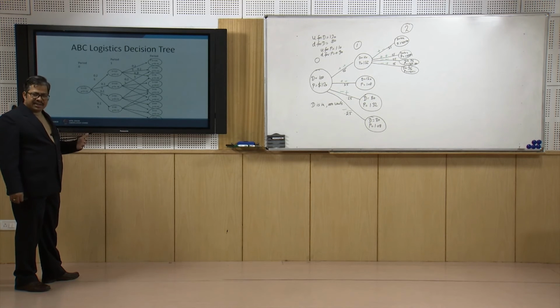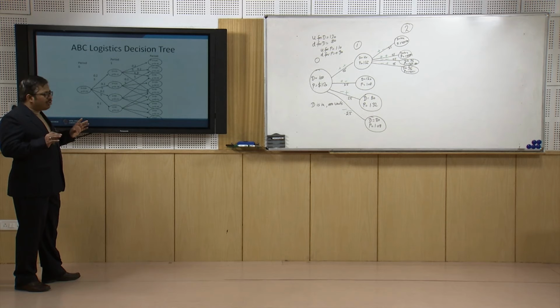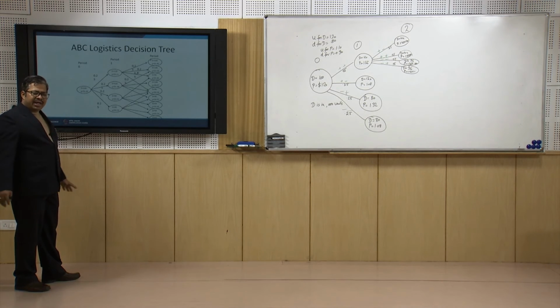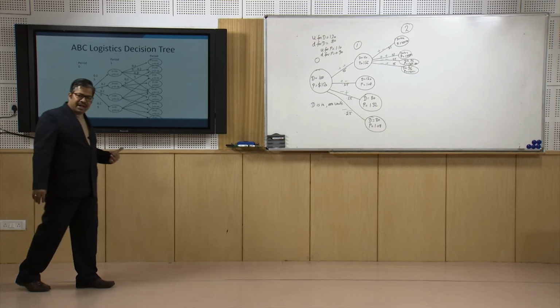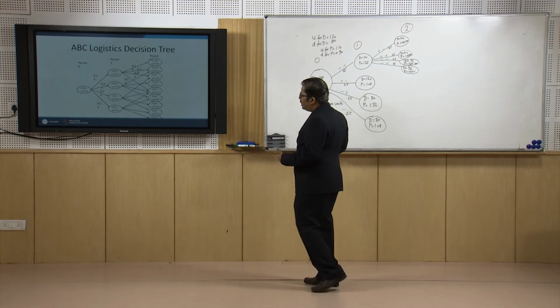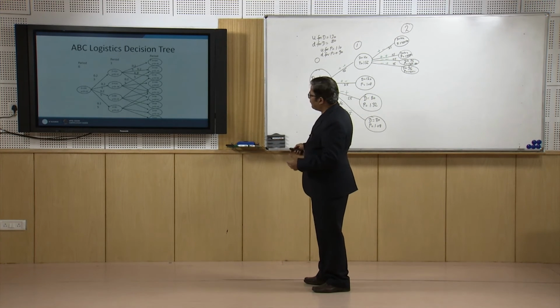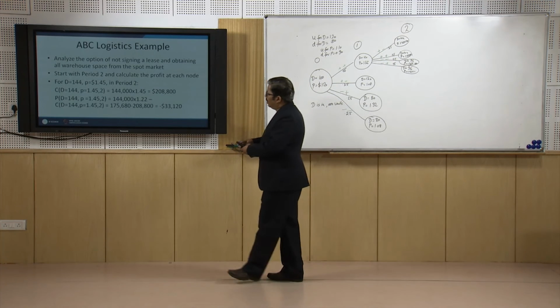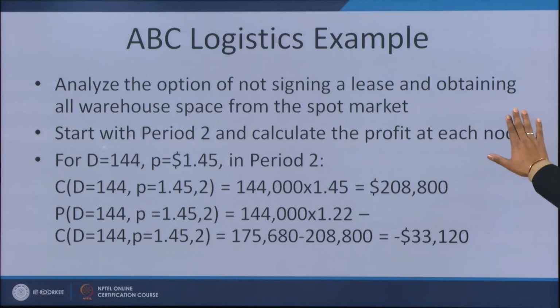But developing this decision tree is a very good visual representation of our entire state of affairs which may be there in the future. Now let us start discussion on the evaluation of the alternatives, that how are we going to evaluate these alternatives, and for that purpose first we are going to analyze the option of not signing a lease and obtaining all warehouse space from the spot market. So, we are considering this option first, that I am going to take the entire space on the basis of